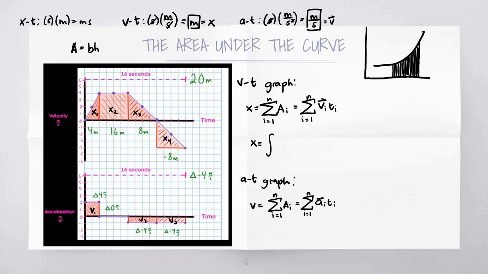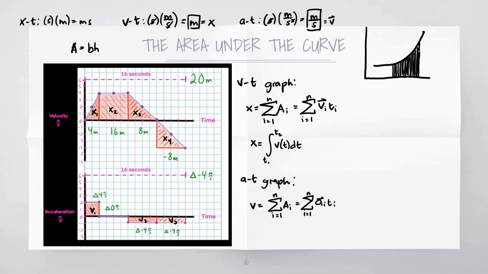Okay, integral of what? Integral of v of t, the function of velocity with respect to time, dt, with limits from t sub 1 to t sub 2. Alright, so it's just like what we did with this one, but this time we'll be setting a limit. Okay, so this will make our lives very easy as we solve for the total area under the curve